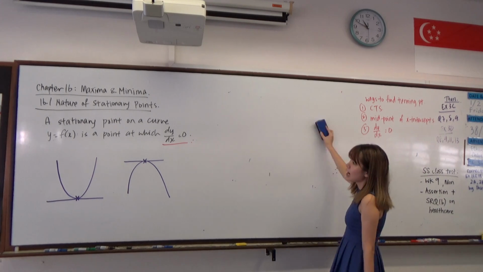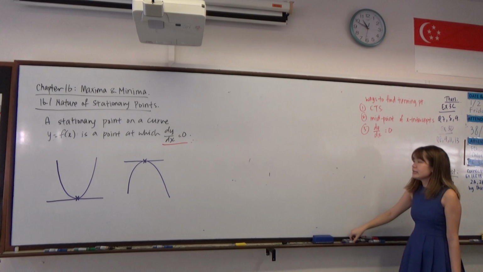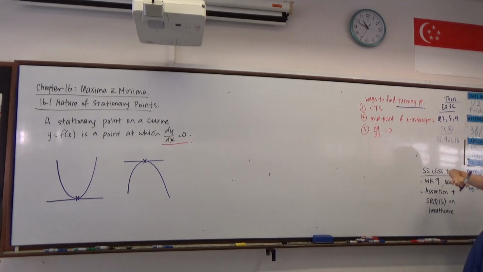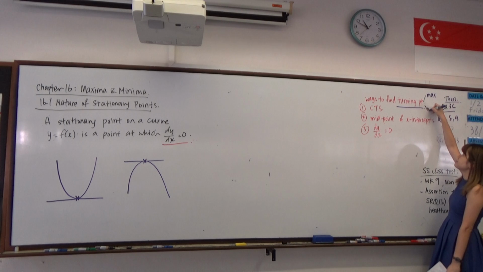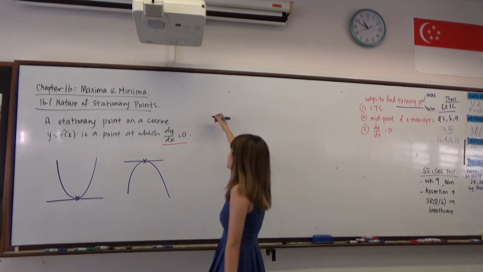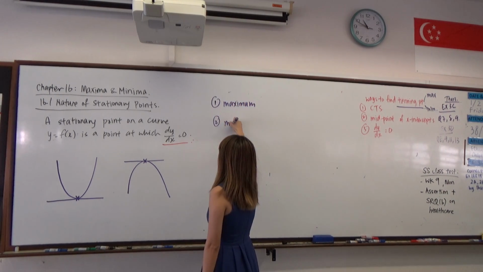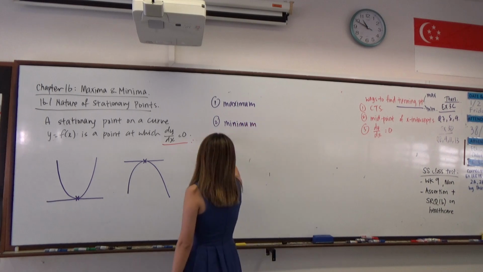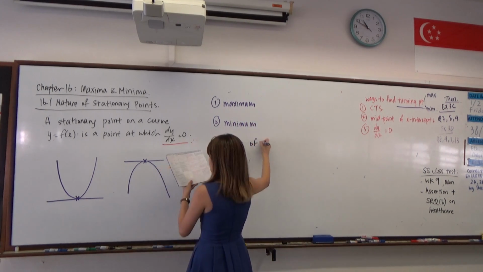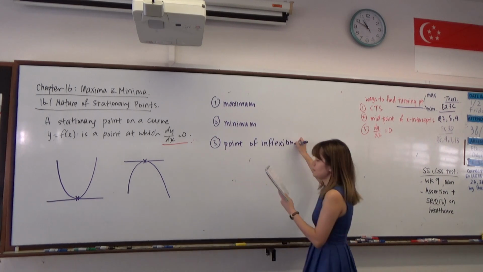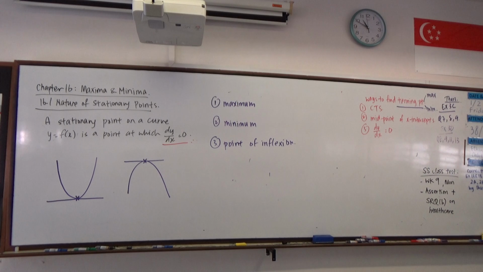As I was mentioning, there are actually 3 different types of stationary point. Take note that down here I'm saying turning point. Turning point only refers to your maximum and your minimum. Stationary point will refer to maximum, minimum, and also the point of inflection. If you refer to your textbook, the point of inflection is not a turning point because it doesn't turn. If you look at page 401,